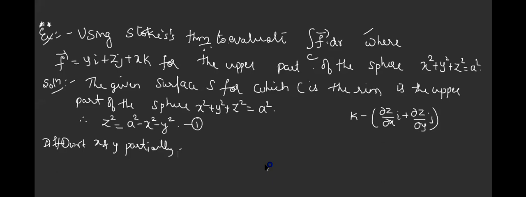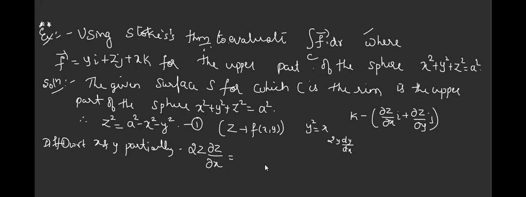What is the derivative of z square? Isn't it 2z dou z by dou x? You need to take z as a function of x and y. See, if y is a function of x, how do you write the derivative? dy by dx, no? If y square is there, how do you write the derivative of y square with respect to x? 2y into dy by dx, isn't it? Similarly, z is a function of x, so when you are differentiating with respect to x, it is 2z dou z by dou x.